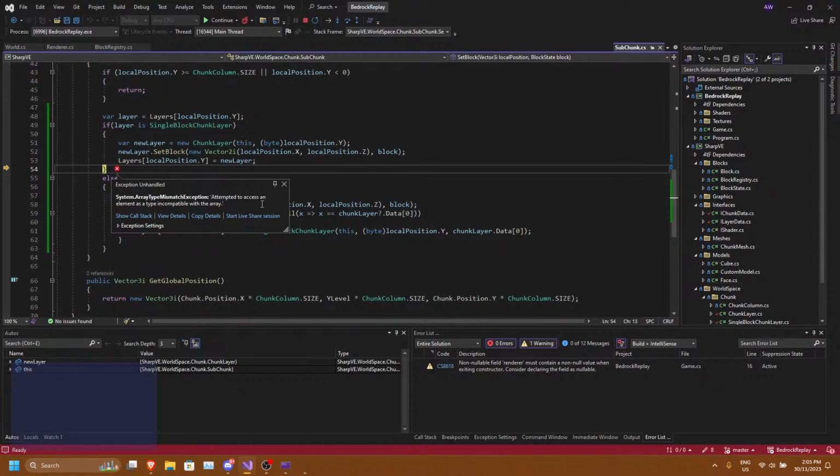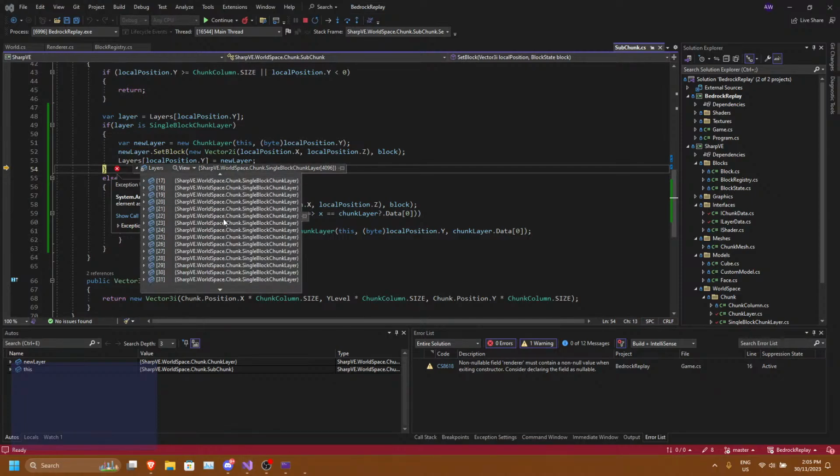Attempted to access an element as an incompatible... What does it mean? Array type mismatch exception. Where is this?